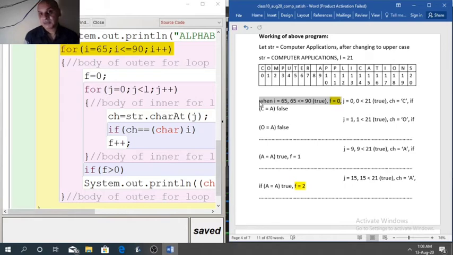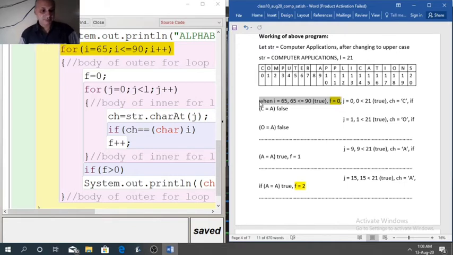So 65 means capital A if you convert into character. So we need to extract each character of the string and compare with 65, that is A. Means check A is present how many times. If it is matching, then F will increment. That is the logic here.